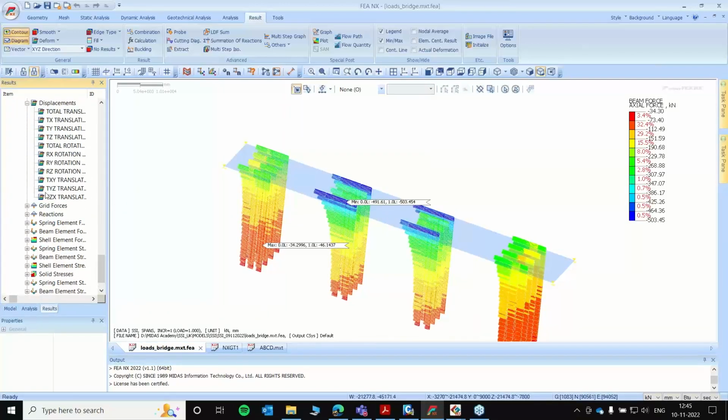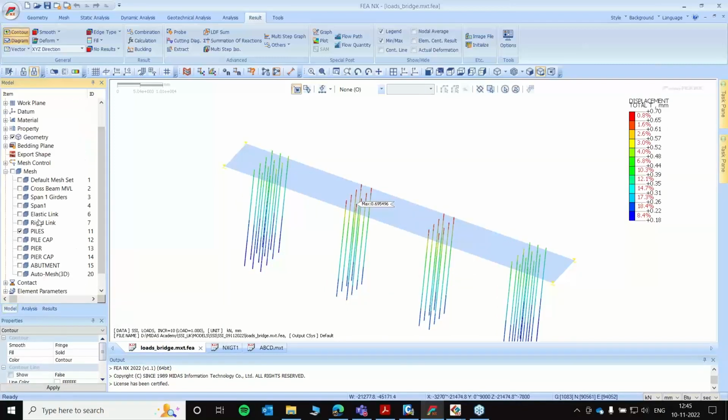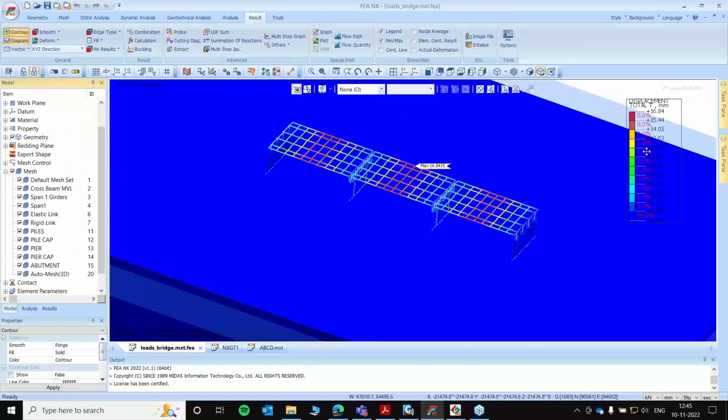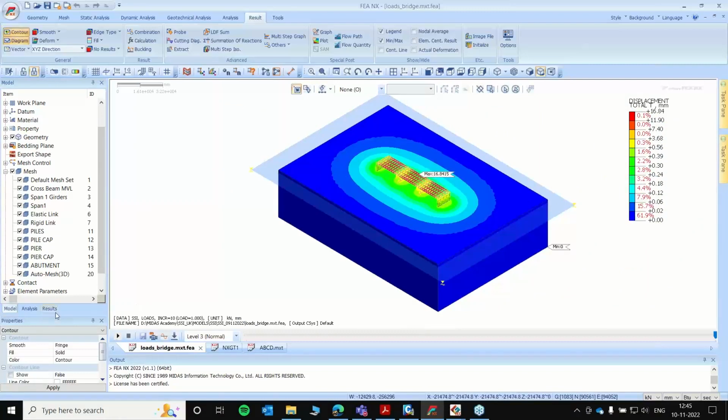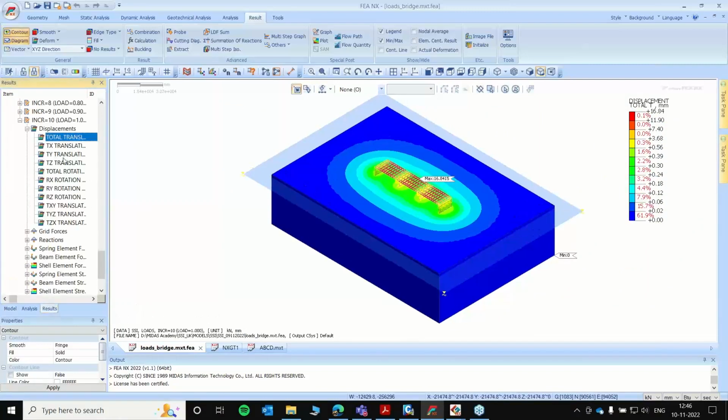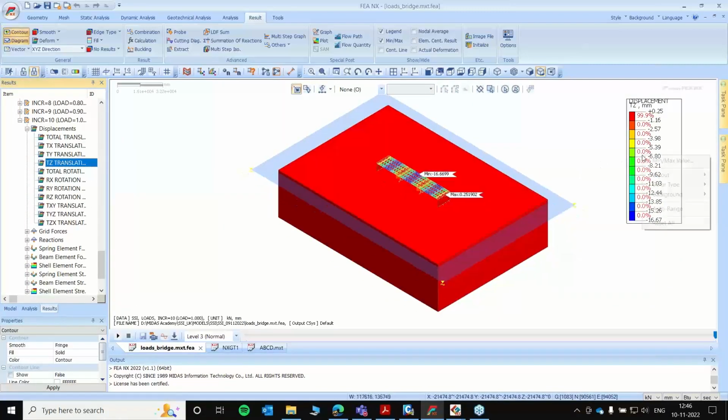Finally, the loading stages, we'll just focus on the last stage, total deformations. Okay, they look like this. Ground settlements.